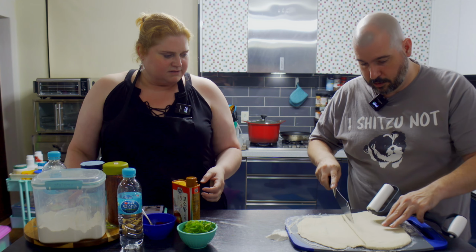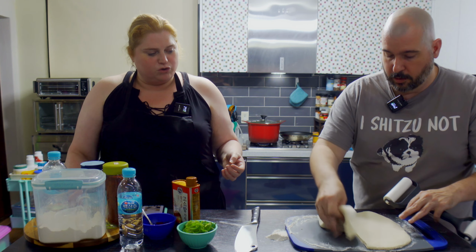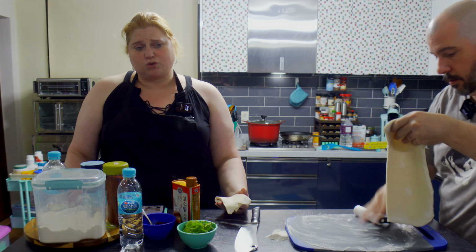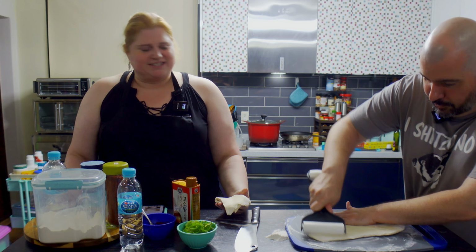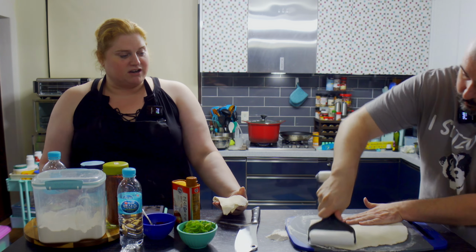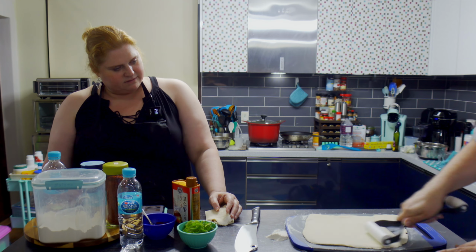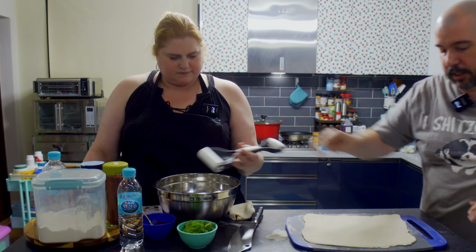Yes. So the goal that Mangchi said was you're basically wanting to make long noodles because the long noodles symbolize the longevity of life. So ours might be a little bit shorter, but we're old. We ain't got that much longer. And it's for us. Seriously though, ours might be a little bit shorter, but it's because our cutting board is unfortunately unable to meet the lengths that we needed. All right, well, there still might be some slightly thick noodles, but...